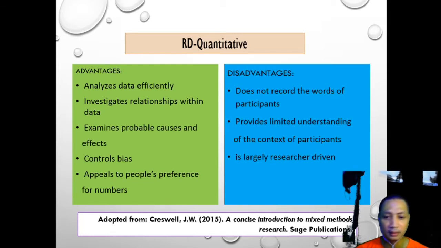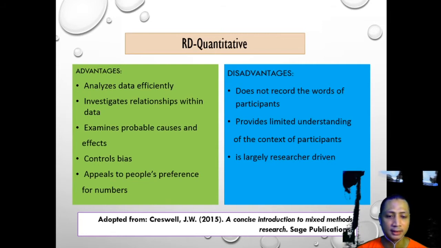Okay, remember, quantitative design or quantitative research is mostly about numbers, and qualitative research is mostly about narrative, mostly about how to explain things in a descriptive way. Especially for qualitative research, the researcher is the main instrument for the research itself. The source is adopted from Creswell 2015, with the book title A Concise Introduction to Mixed Methods